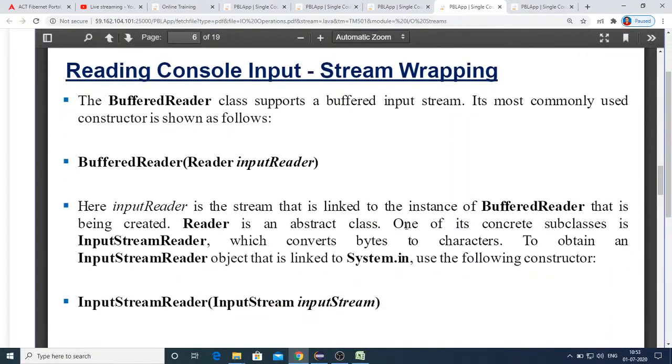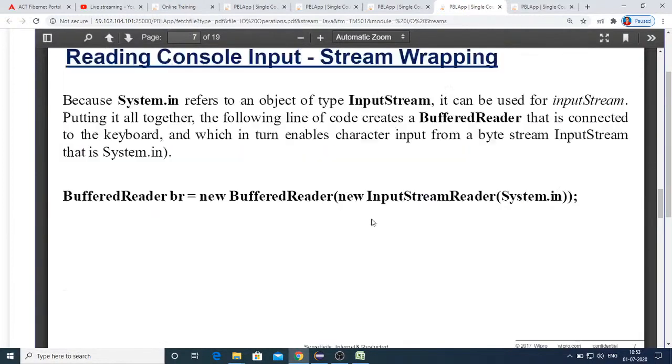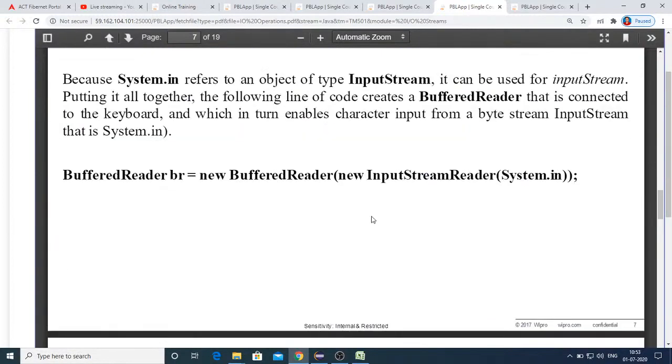So BufferedReader will support this buffered input: BufferedReader, InputStreamReader. But as I said, in real time mostly we are used to using the Scanner class of the util package for reading the data. This is how you will be using BufferedReader. Instead of using Scanner, you can also use it like this, but just remember that you need to import the java.io package